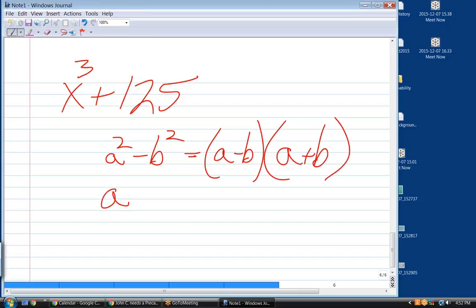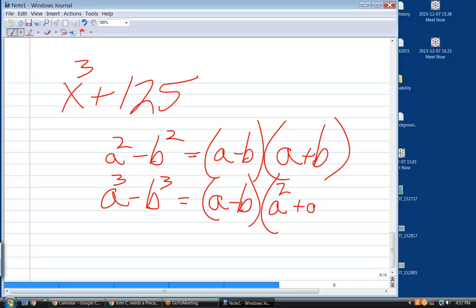If you have the difference of cubes, the first term is still a linear term, same sign as what I'm starting with. The second term is A squared, opposite sign. And